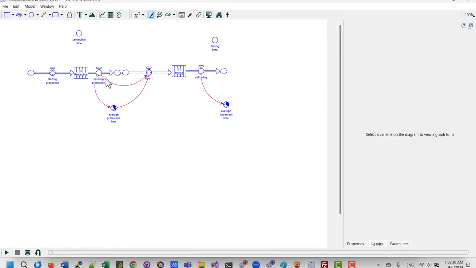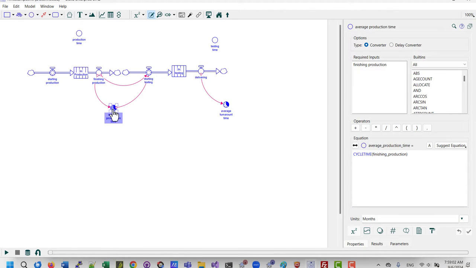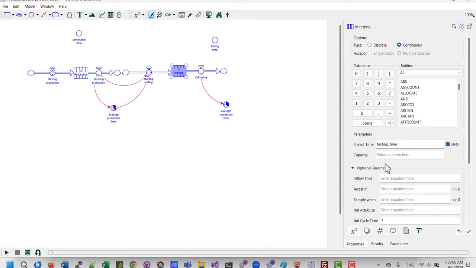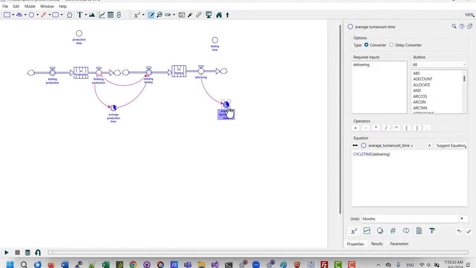Now I can create basically the same structure, except instead of having the flow finishing production going directly into testing, I can have it connect to starting testing, which is basically equal to finishing production. So it's the same, outflow and inflow are the same, but the age entering then is the average production time, where average production time is the cycle time measured of finishing production. And then I start it with the same initial cycle time of 7, and I compute the same average turnaround